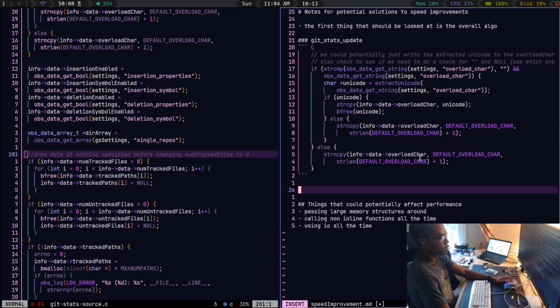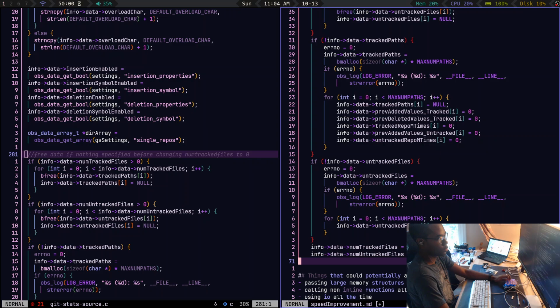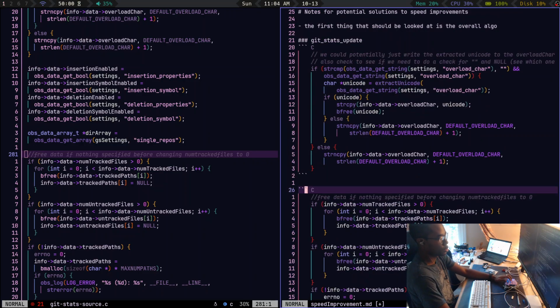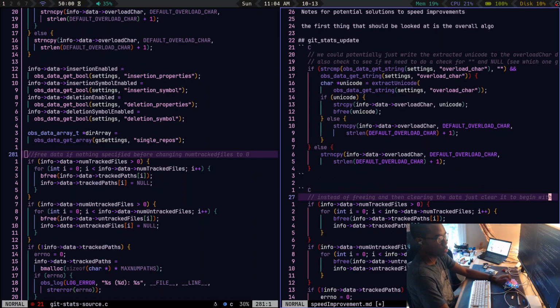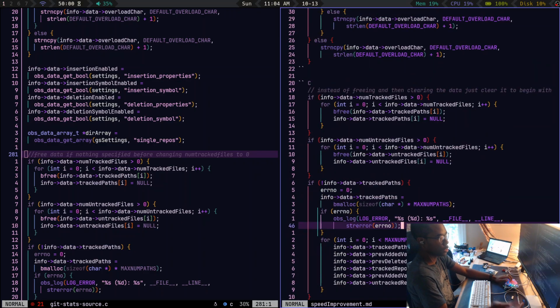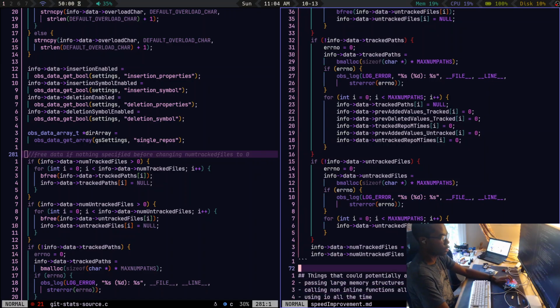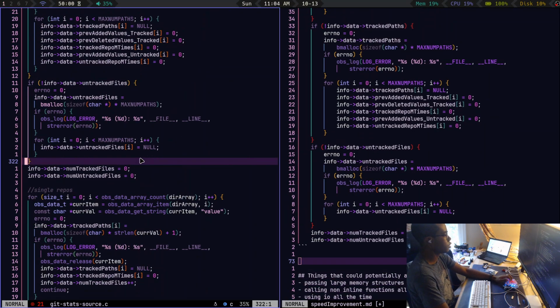So for this section, see, oops. Can you percent this? Oh, you can't. That would be cool. So for this, instead of freeing and then clearing the data, just clear it to begin with. It's going to end up the same anyway. So that gets rid of like 20 lines or so. I don't know why I did it like that in the first place. It's silly. I mean, it works, but